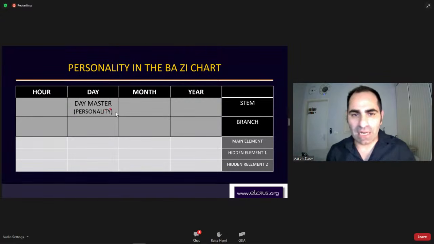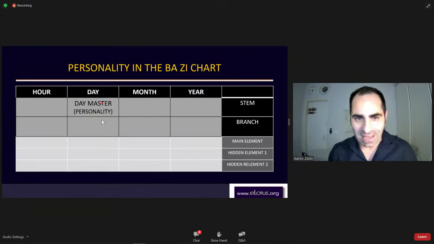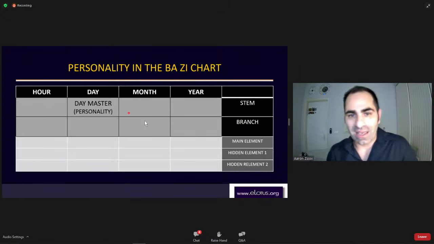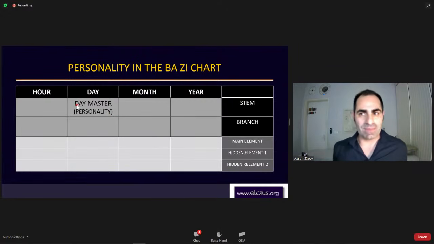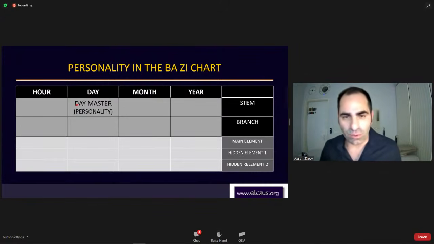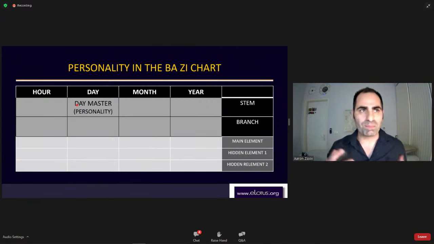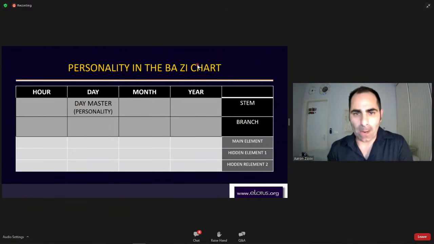So there are many relationships here between the binomial itself, between the stem and the branch of the day, or between the stem of the day and the branch of the hour. All connections are here. Just imagine every connection that we have here is affecting, in different ways, the person's perspective or point of view to life, to himself, to his surroundings, and of course all the health issues, emotional issues, and so on. Okay, so this is about it.